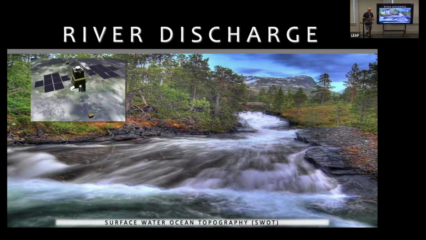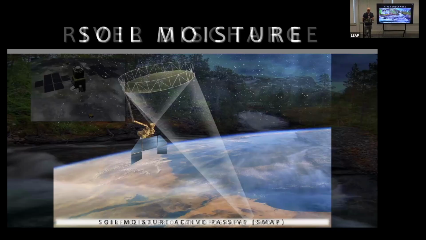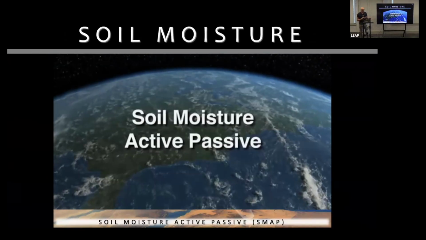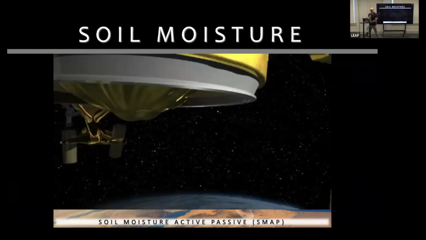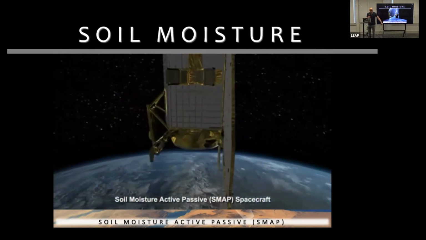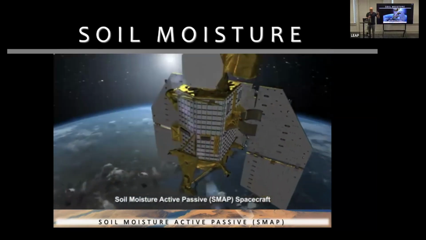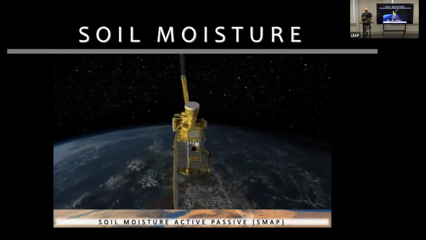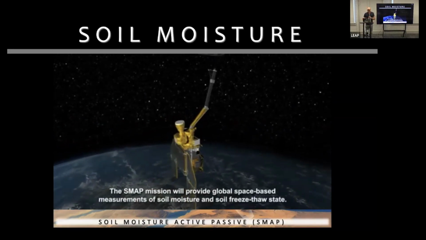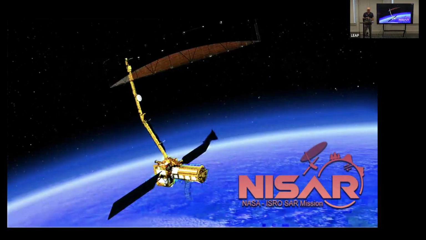We can now see river discharge based on the height of rivers, and that's from the SWOT mission launched, I think last year or a couple of years ago. And then soil moisture. This was actually the mission that originally hired me at NASA, the SMAP mission. It had a radar that sent this radar signal into the soil, bounced back, and basically told us how wet or dry the soil was. That has since broken. Now it just uses light reflectance. And just recently, NISAR was launched with the Indians to really step up the radar game for soil moisture.